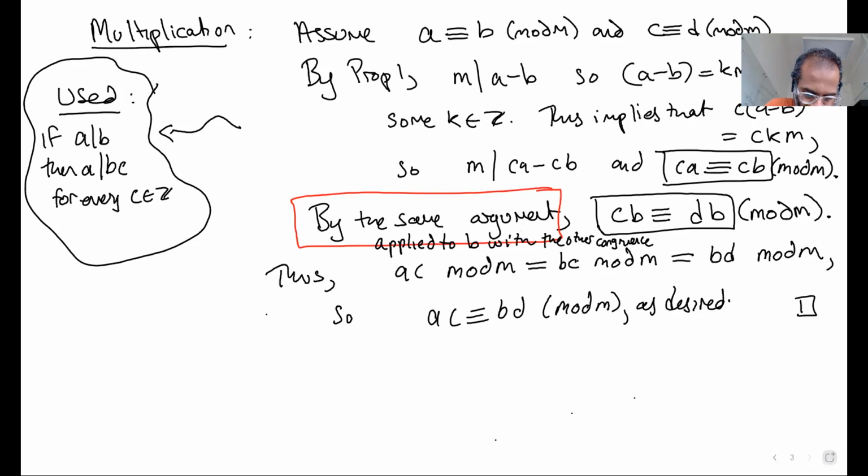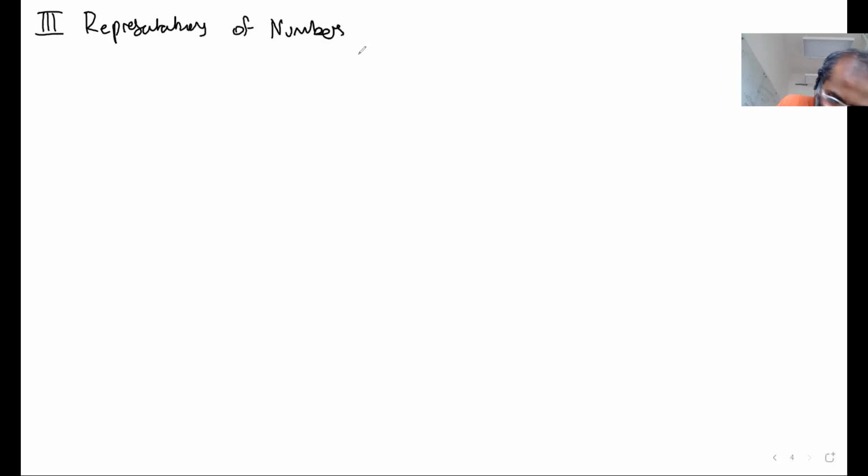Okay, so let's now move on to the last topic, which is representations of numbers. The representation of numbers we use on a daily basis is called decimal. So let me just spell out what that is. So in decimal,